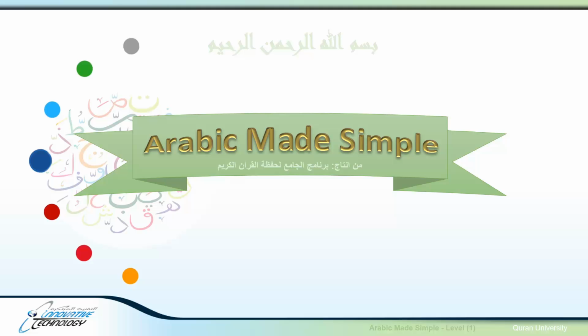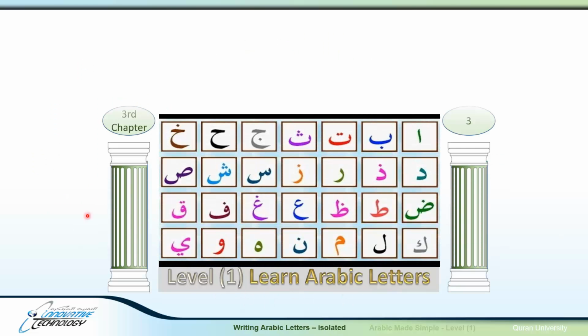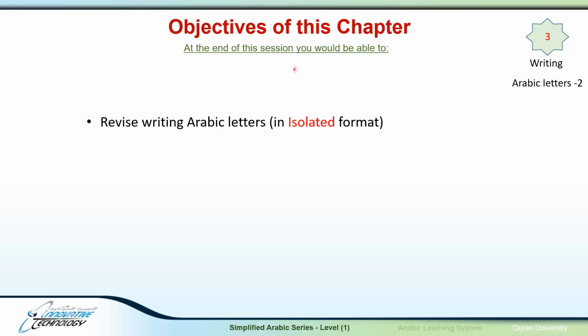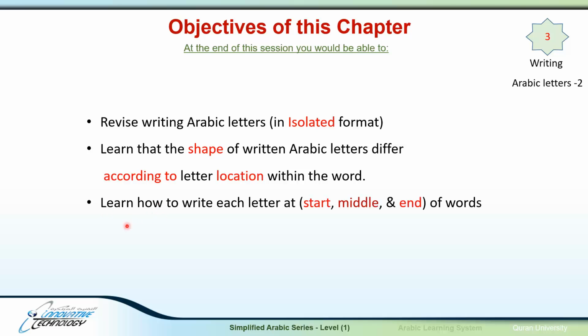Level 1 of this series is on learning Arabic letters, and our third chapter of this level is on writing Arabic letters within words. In this chapter, we'll revise what we have learned in the previous chapter about Arabic letters writing in isolated format. Then we will learn that the shape of the written Arabic letters would differ according to the letter location within the word. Then we're going to learn how to write each letter at the start, the middle, and the end